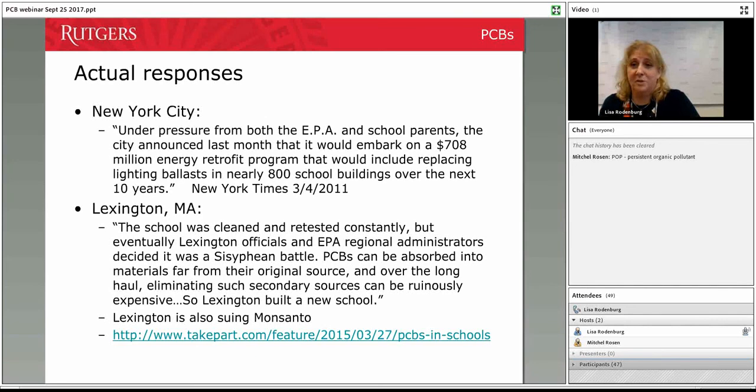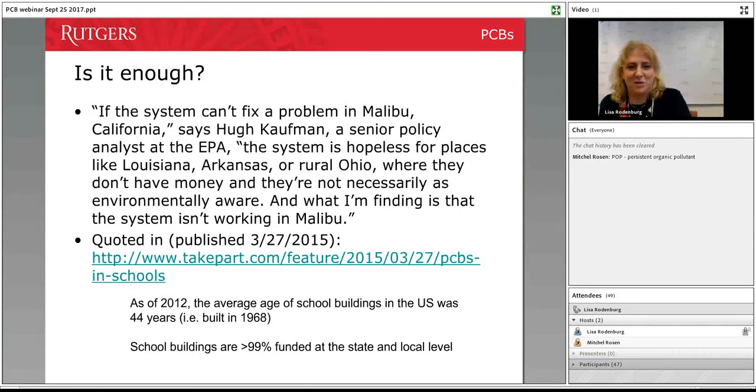So in the end, Lexington had to build a new school. And we all know how difficult it is to raise the money to get that to happen. So Lexington is also suing Monsanto for the cost of this new school. And so this is a quote that I think really sums it up. If the system can't fix a problem in Malibu, California, where Cindy Crawford's kids were going, then it's hopeless for places like Louisiana or Arkansas or rural Ohio, where you don't have the money, you're not necessarily environmentally aware, you don't have celebrities like Cindy Crawford to raise awareness, and it becomes very, very difficult to figure out what to